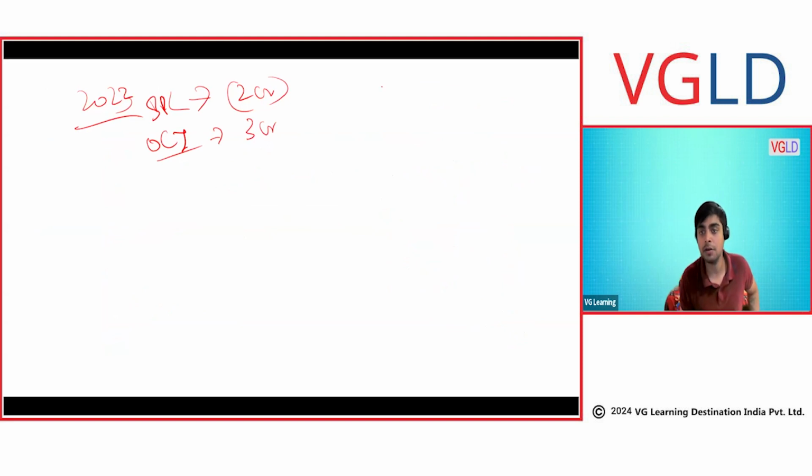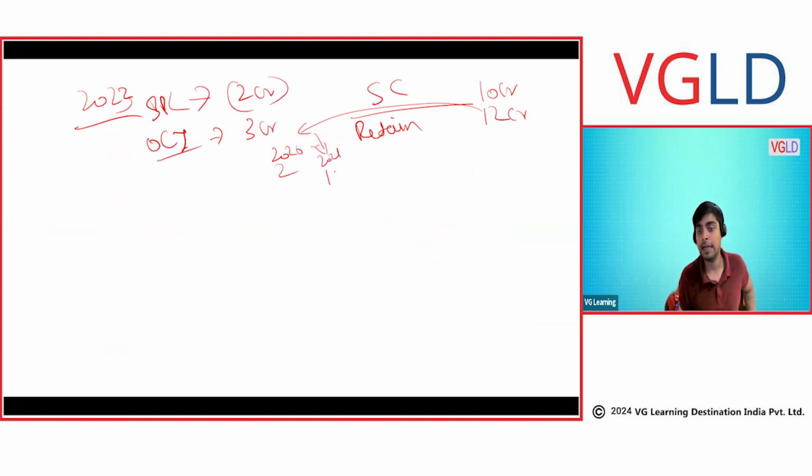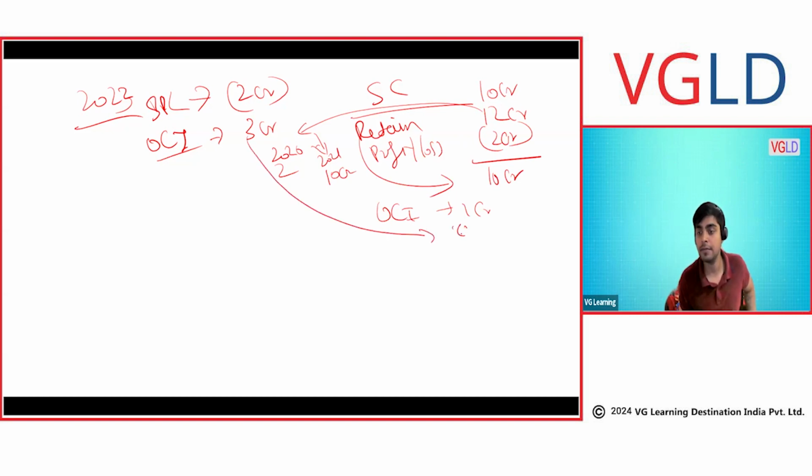How will the share capital look? Share capital would still be having a balance of 10 crore. Retained earning will be 12 crore. How did this 12 crore arrive? Basically 2020 profit of 2 crore and 2021 profit of 10 crore. Now for profit for the year, we have made basically a loss, so 2 crore would reduce. Retained earning new balance would be 10 crore. And earlier OCI balance was 1 crore, and during the year we made a 3 crore profit. So OCI balance would be 4 crore.